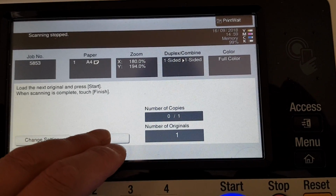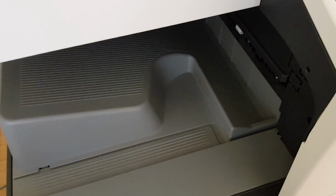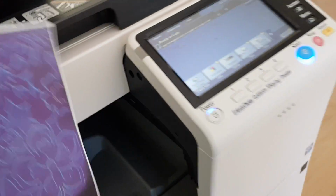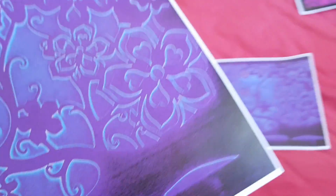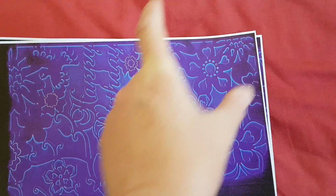Just heard that sound again on the scanner, making a bit of noise. Don't like that. So let's see how that looks. Okay, that looks interesting. That's the border from the edge, if the enlargement goes that way. That's almost the